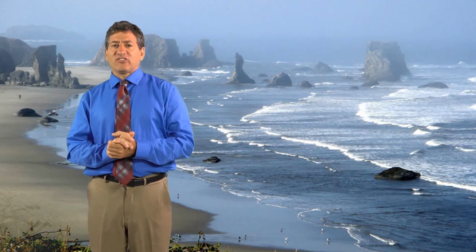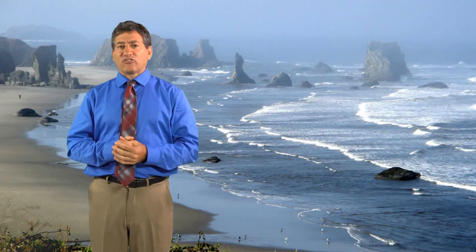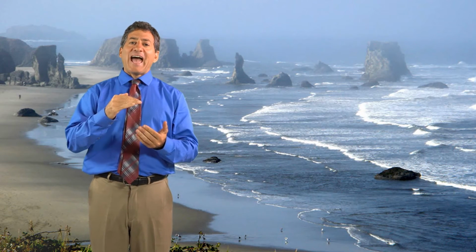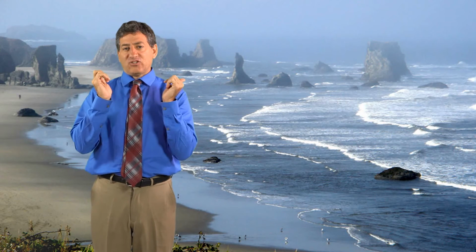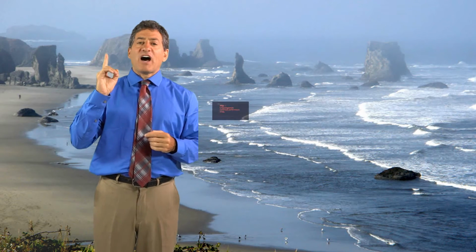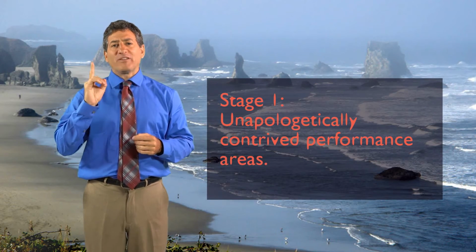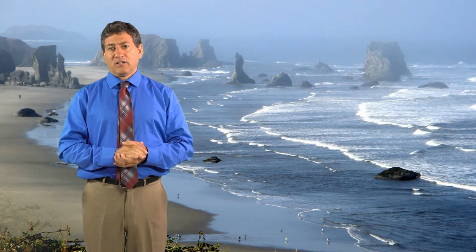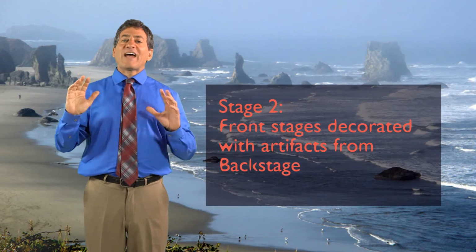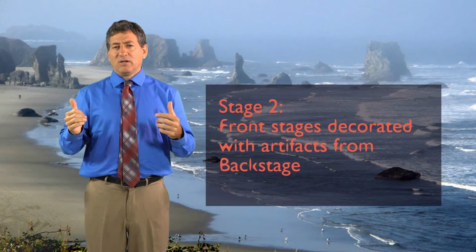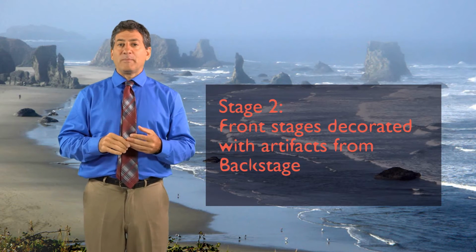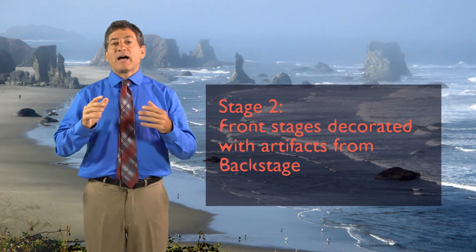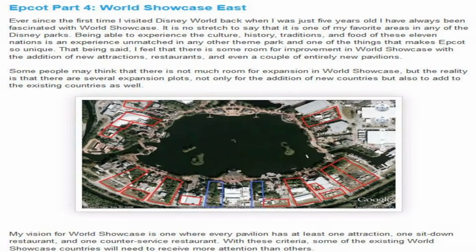McConnell, 1976, differentiated 6 stages of what he described as transitional movement along the axis from backstage to front stage. Stage 1 is the, quote, unapologetically contrived performance areas of places like Las Vegas. The Star Trek ride in the casino there is a good example, since there is as yet no authentic spacefaring culture. Stage 2 would be front stages decorated with artifacts from the backstage, which you can see in places like the Adventurers Club at Downtown Disney,